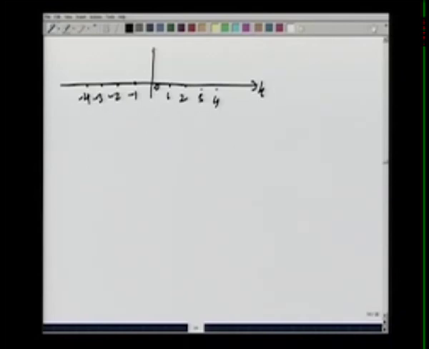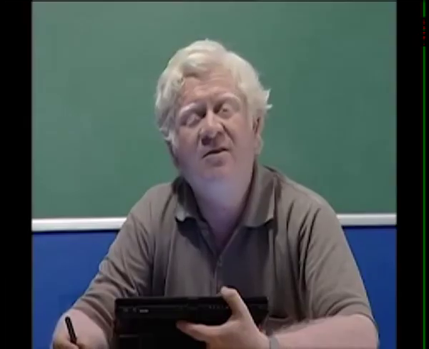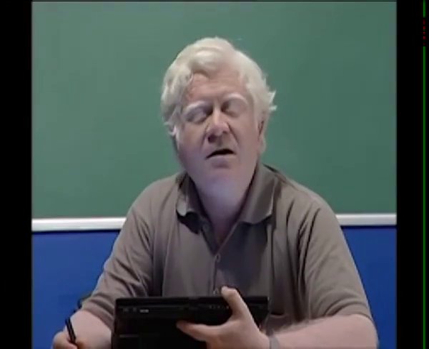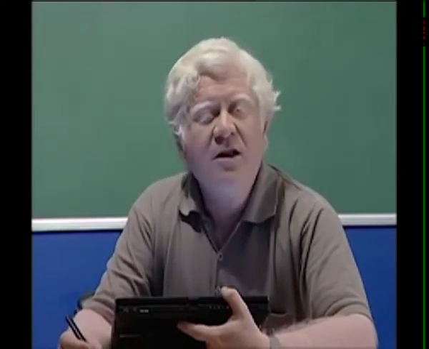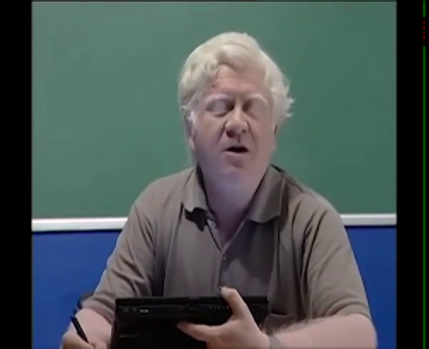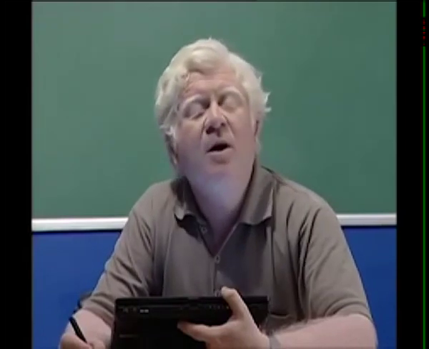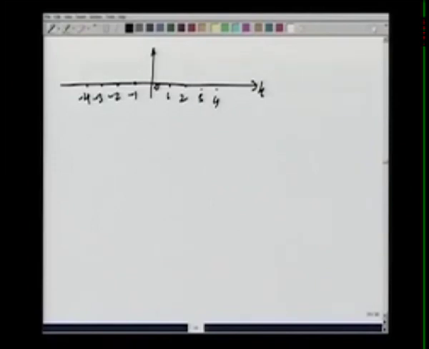Now, what can we plot on this? We really cannot plot x k itself, because x k is a complex number and you can't just put down only the real part or only the imaginary part of a complex number. We really have to make two plots. Therefore, this you can say is real x k